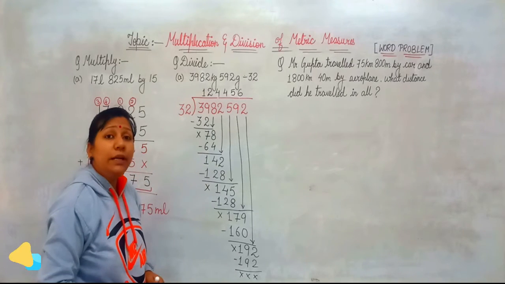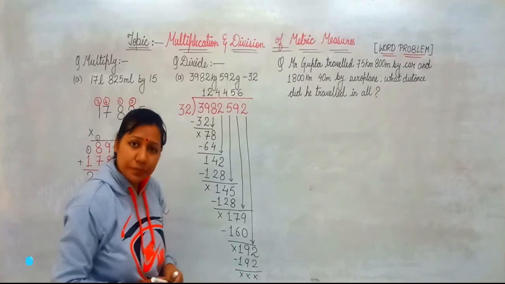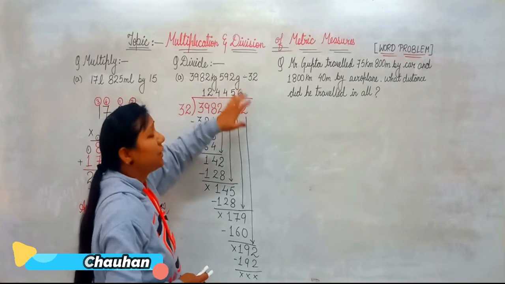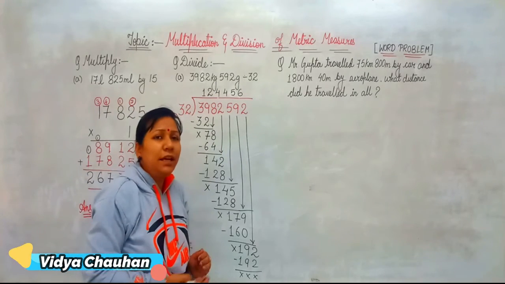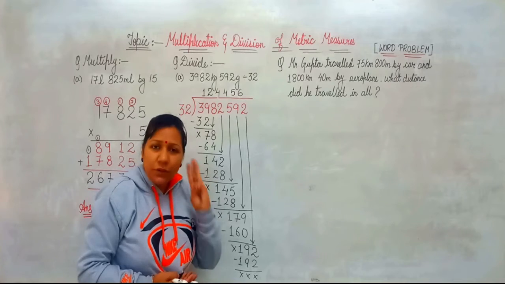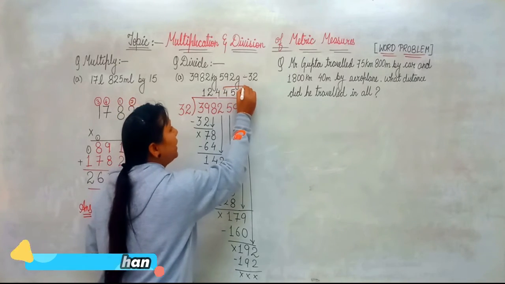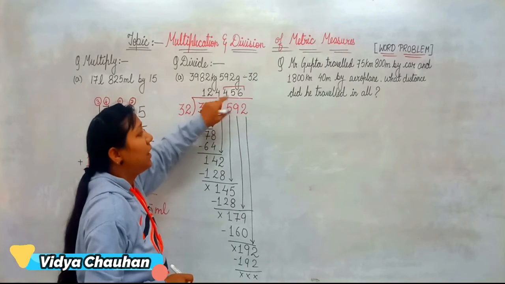Now it's time to write the answer in terms of kg and grams. So once again students, since the relation between kg and gram is that 1 kg is equal to 1000 gram, obviously there will be a pair of 3 digits. So here once again we will make the pair of 3 digits from the last. That means from 1's place, 10's place and 100's place.